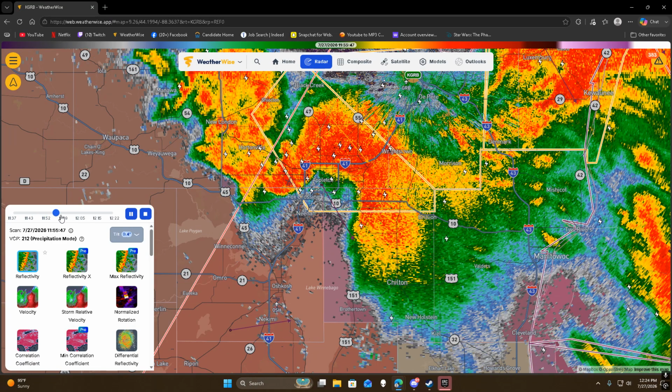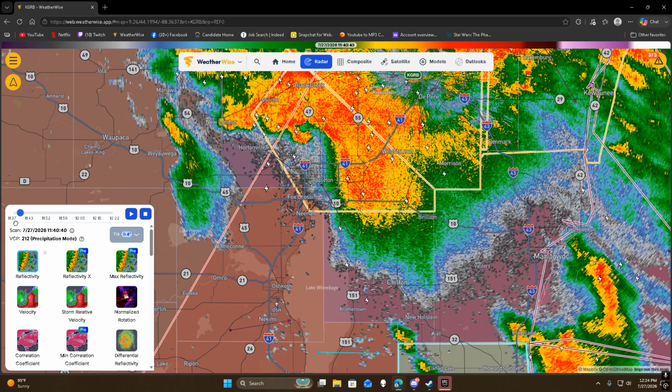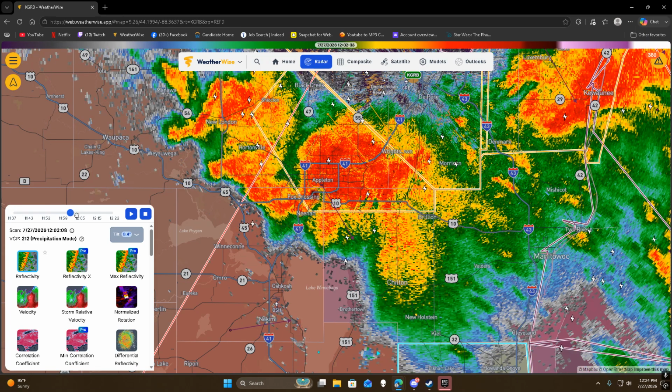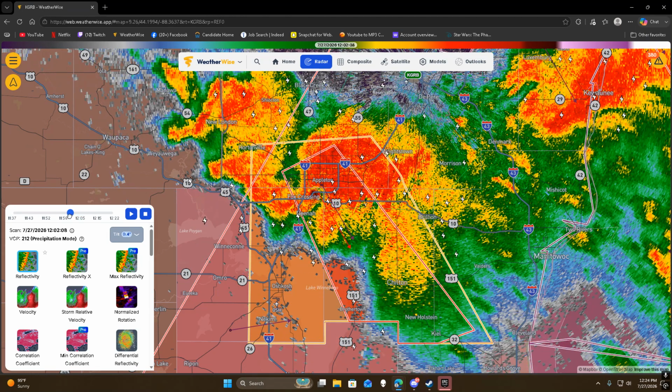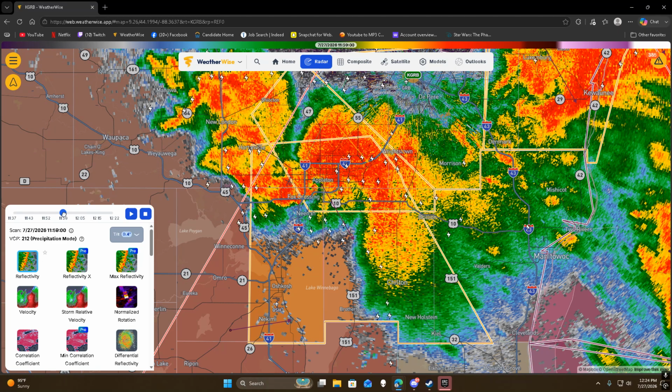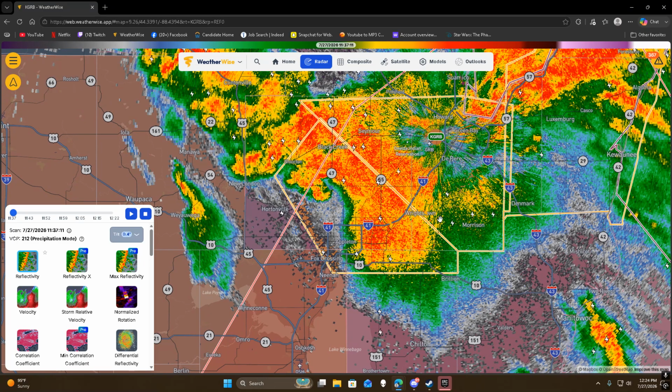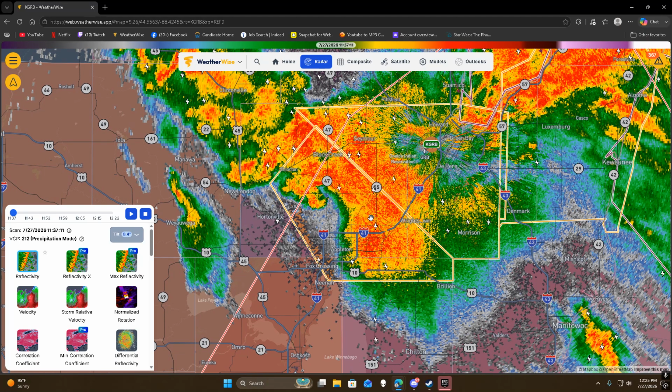So we're gonna load it up here, and then we're gonna go back. This is 11:37, okay, and this tornado went through at approximately 12 o'clock, and so at 11:37, this is what the storm looked like. I'm gonna be completely honest with you, this storm doesn't look that impressive. Yes, there's a hook right here, but overall, this storm doesn't even look that healthy,